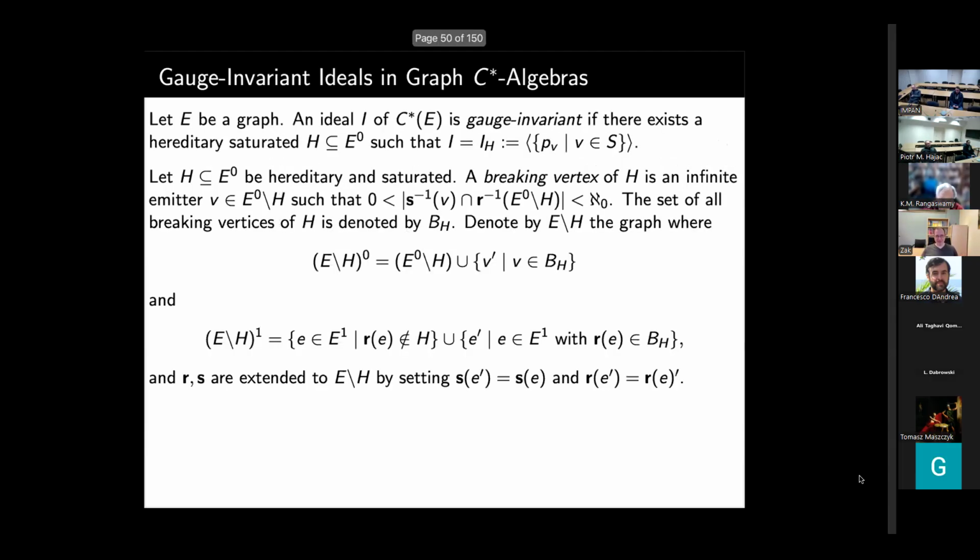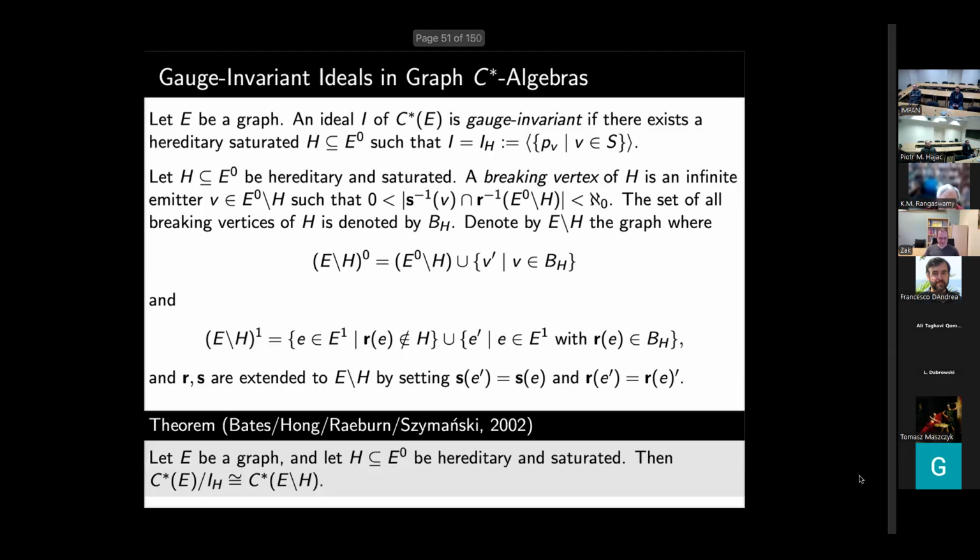Here's another one. So after you've figured out what the simple ones are, what do you do next? You look at nice ideals. So in the case of a graph C-star algebra, those would be the gauge invariant ideals, and these are, morally speaking, generated by the vertices. And then there's this interesting result that if you mod out the graph C-star algebra by one of these nice ideals, you get another